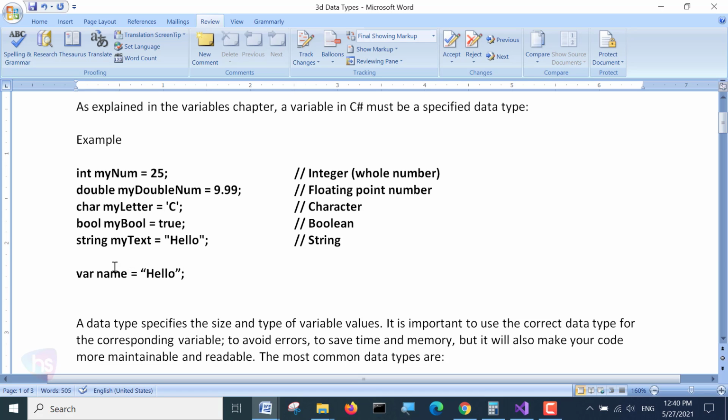In C#, it will be treated as a string based on the type of data we assigned here. So the framework and the compiler will automatically treat it as a string. That facility is also available for identifying what type of variable we are passing the value to.